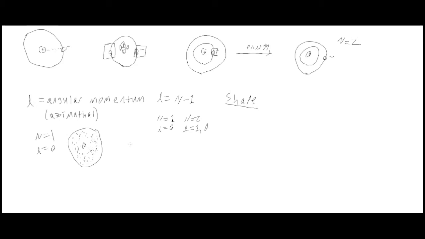So then if we have n equals 2 and l equals 0, we get a different sort of shape of this cloud that actually has this area in the center called a node, where the electron can exist inside the node and it can exist outside the node, but it actually doesn't exist anywhere on this line here, which is